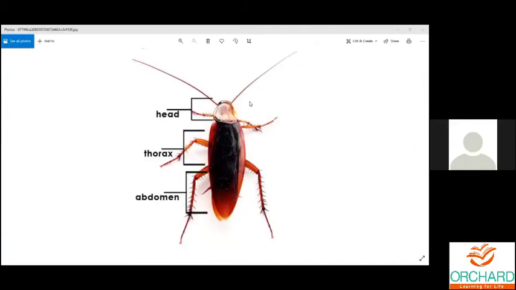Completed snail and earthworm. Now we'll move on to this cockroach. How does a cockroach move? Okay,